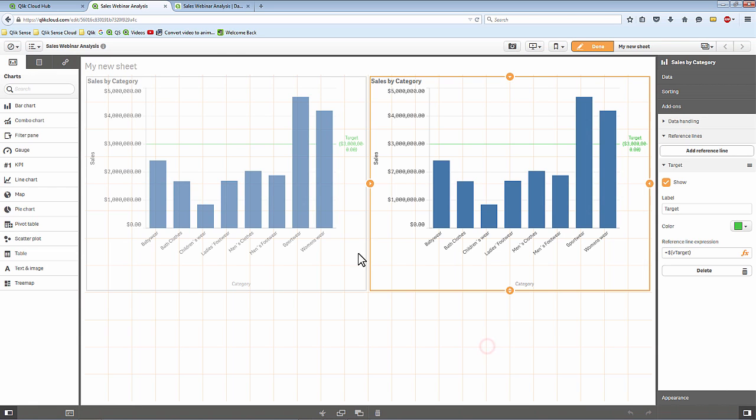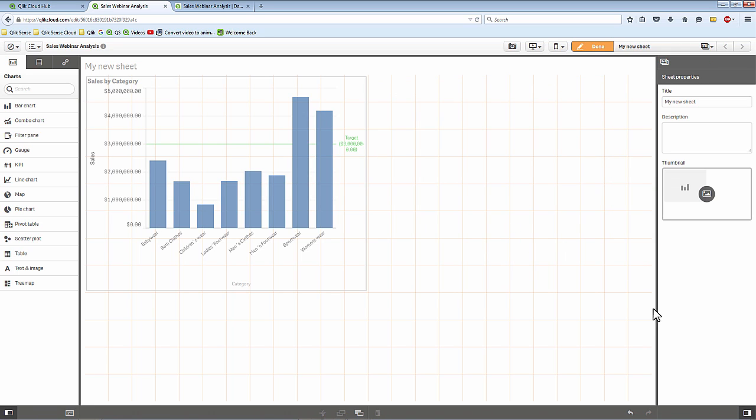You'll notice that the target value now changes accordingly in all of the chart objects that have that defined variable. So it's a nice way to define more sophisticated types of analysis, as well as keeping all of your objects updated and only having to make a change in one place. Okay, so let's delete that.